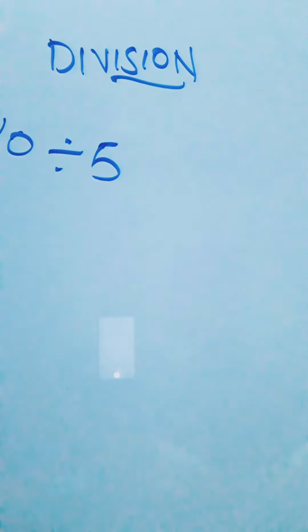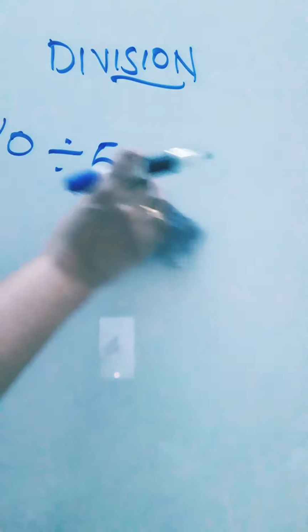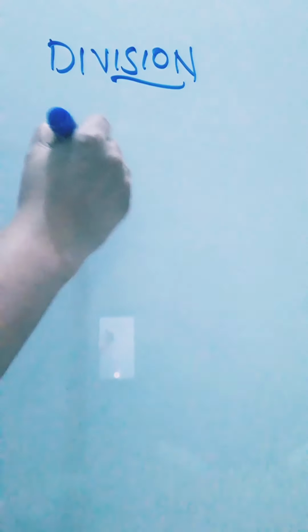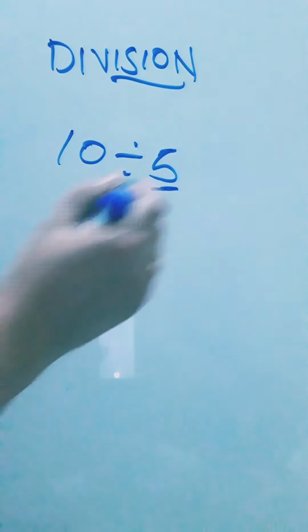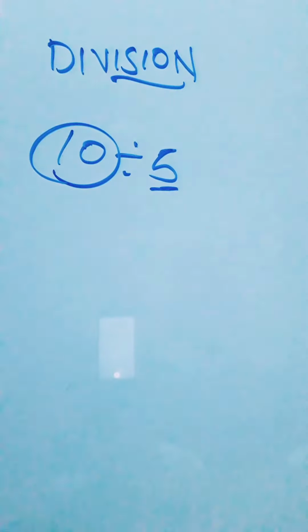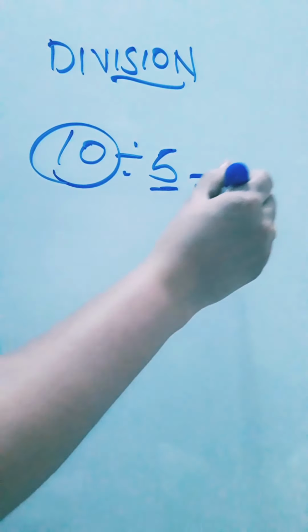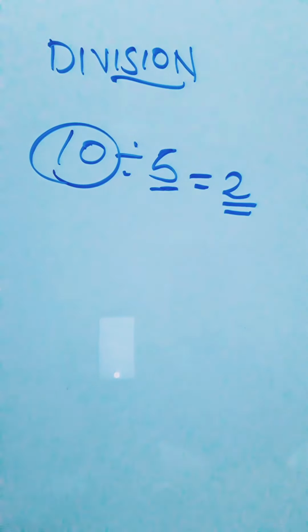Now let's see other examples. Friends, I have done one video before, division as repeated subtraction, in which I gave some examples. That's why in this video I have given only 2 examples. See here, 10 divided by 5. You have to remember 5's table very well. 1 5's are 5, 2 5's are 10. So the answer, or quotient, is 2.